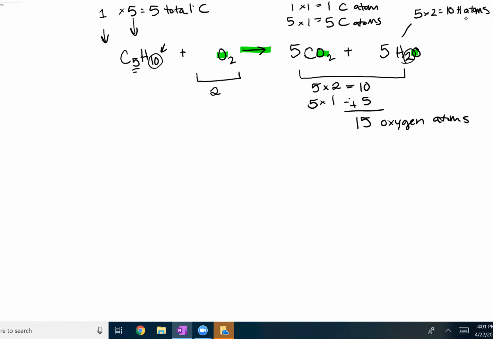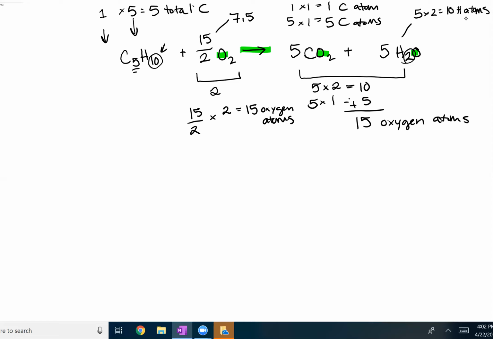on my product side. Well, I have a molecule of oxygen that has 2 oxygen atoms per molecule, and I need 15 oxygen atoms. So I really need to have a coefficient here of 15 divided by 2. I like using fractions when balancing equations, but you could also write it as 7.5 as well. If I have 15 divided by 2 molecules, and each molecule has 2 oxygen atoms, then I would have 15 oxygen